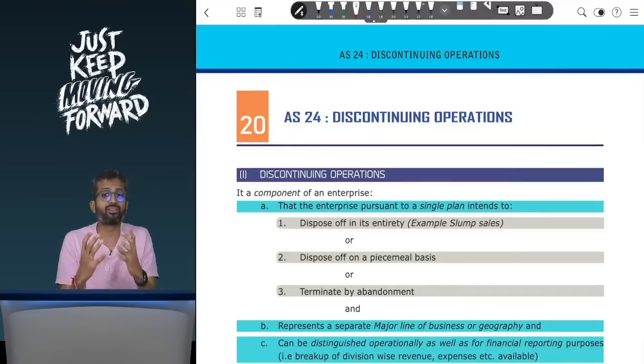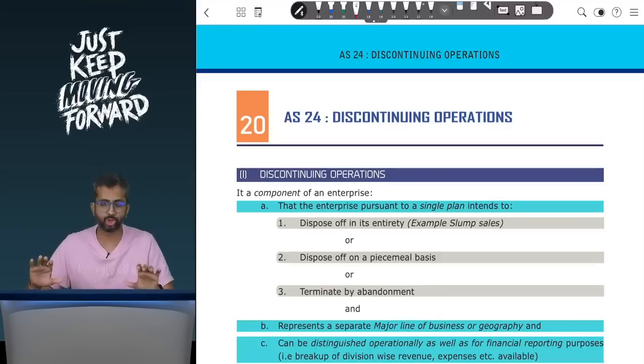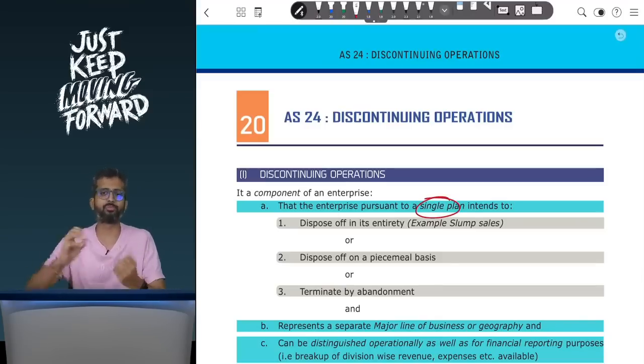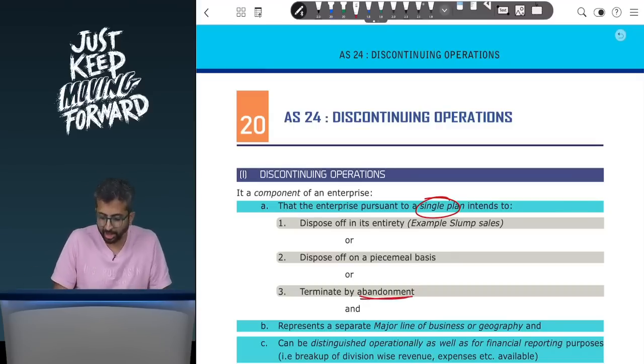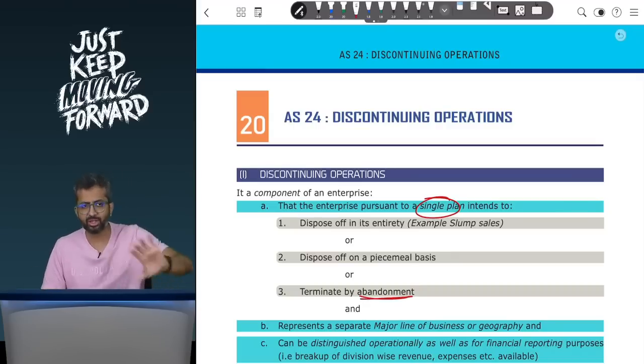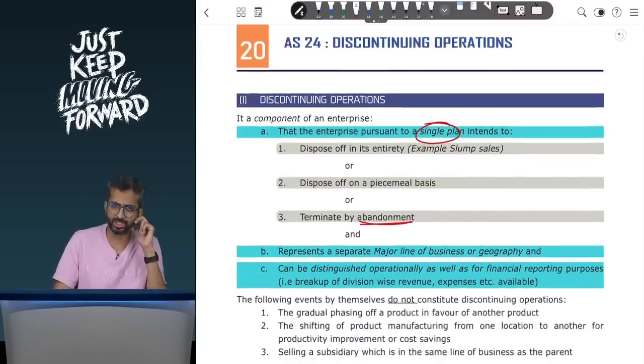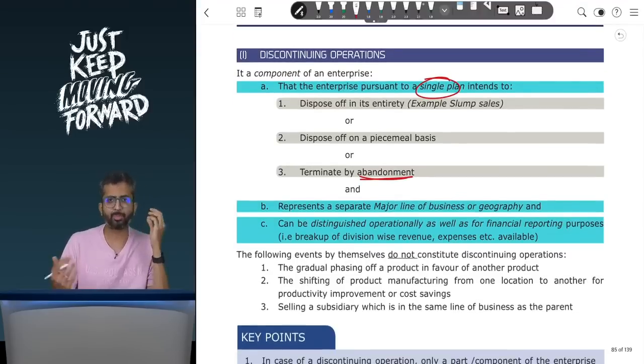Basically, it's a component, like a division, a part, a segment of the entity that an entity plans to dispose of pursuant to a single plan. How can it dispose of? By doing a slump sale, one shot, or through piecemeal, or it abandons. But this item that it is discontinuing is a separate major line of business or geography, and separate financial information